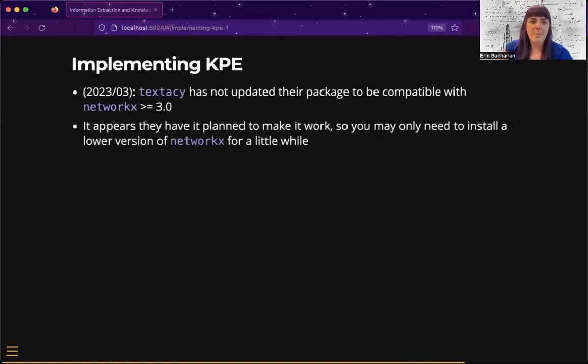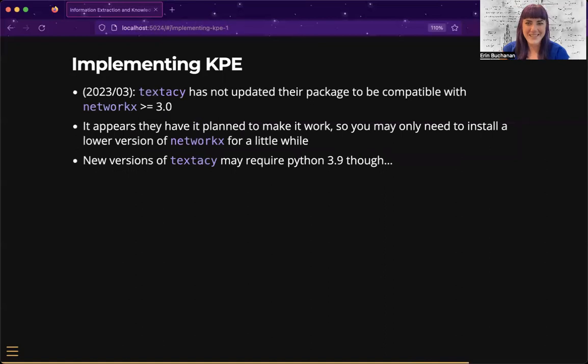Now, as of making this lecture, NetworkX, which is the package that textacy uses to do a lot of this work, has updated to 3.0. Textacy in the development branch has dealt with this, because I find that Python packages tend to just randomly remove functions, rename functions, and restructure their package willy-nilly. I'm sure there are reasons, and I'm sure there's a cultural history to Python package development that explains this, but